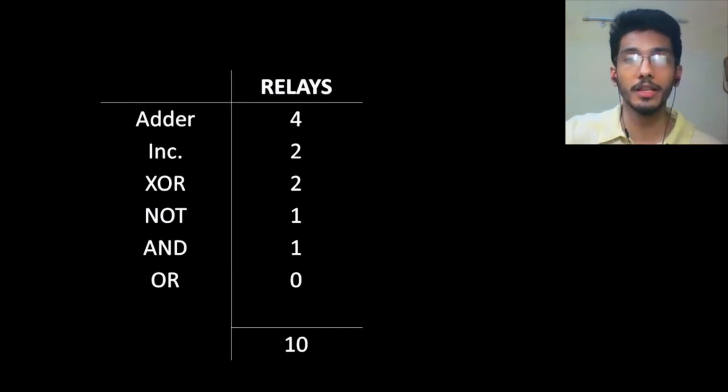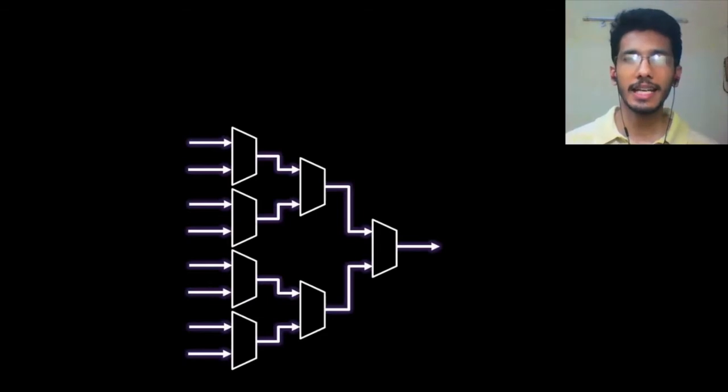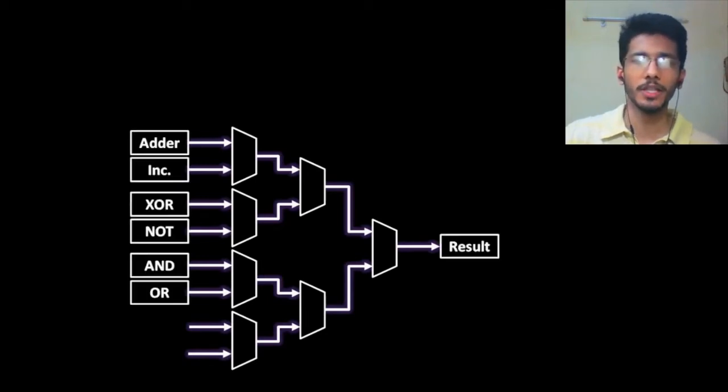So let's figure out how many relays we need for a multiplexer. Now, from episode 2, I've already told you how a multiplexer works and how a single relay can be used as a 2-to-1 multiplexer. So instead of using the symbol on the left, I'll be using the symbol on the right for simplicity. Technically, we need a multiplexer that has 6 inputs for our 6 different operations. Unfortunately, multiplexer inputs come in powers of 2. So you can either have a 4-input multiplexer or an 8-input multiplexer. So this is the 8-input multiplexer, and it requires 7 relays for implementation. Now what we need to do is add the results of our 6 operations to the inputs, and the output of this multiplexer will be the final result.